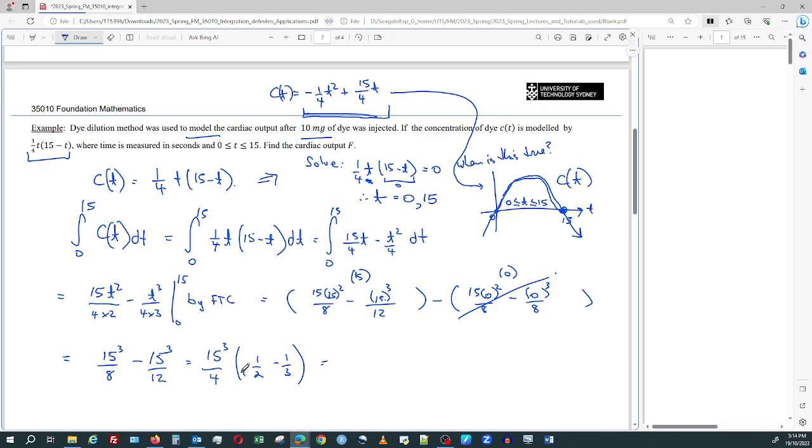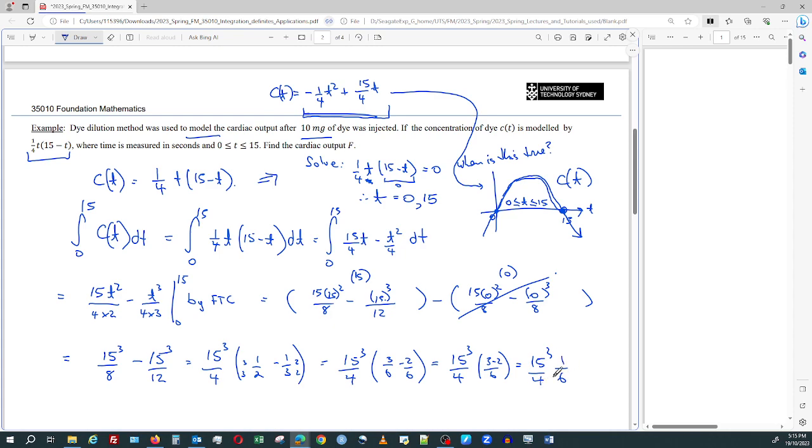So, we've got to do this whole thing again. So we're going to end up with 15 cubed on 4 multiplied by 3/6 minus 2/6. So we're going to end up with 15 cubed over 4, 3 minus 2. I didn't need to do that, but I'm very generous. 15 cubed on 4. 3 minus 2 is 1/6 times. I've taken the bracket away. So we end up with